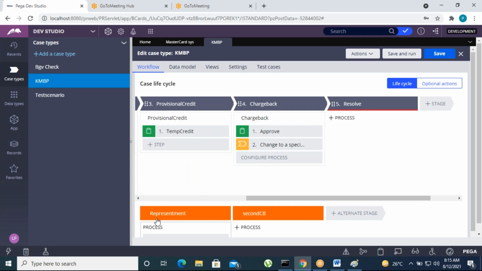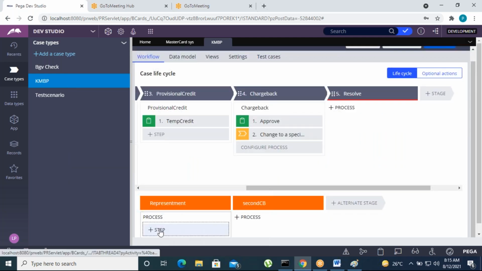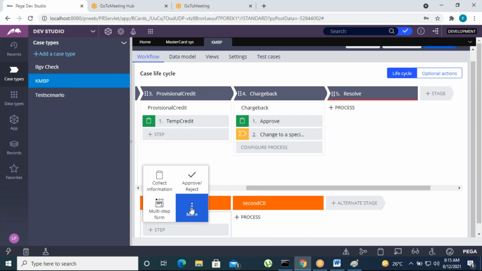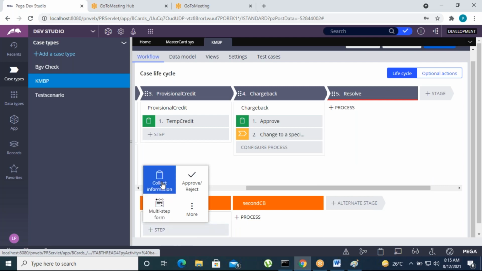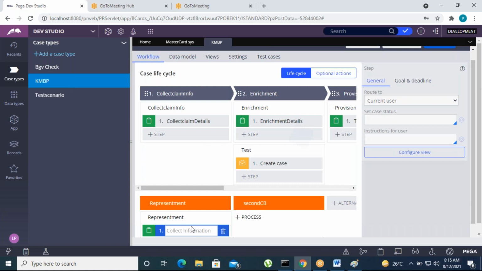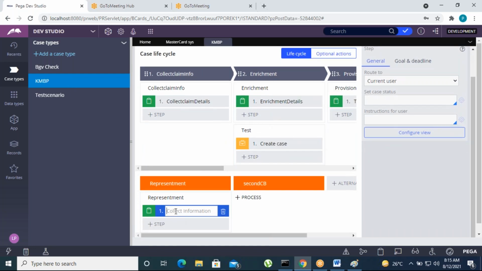When the chargeback is approved, we'll jump to the repri, right? So here we need to add some things, representment. We'll add a step here, collecting some information. So repri docs upload or repri docs.